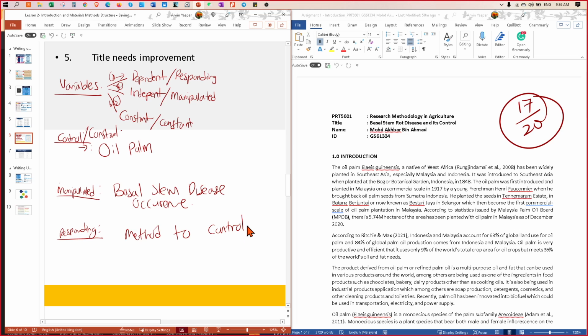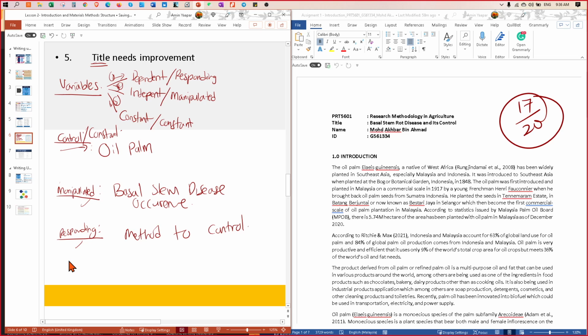Yeah, okay. I might be slightly off here, but I think this is the general idea. So you've got your three variables here: your constant variable, your manipulated variable, and your responding variable. When you are formulating your title, you need to include all of this in the title.